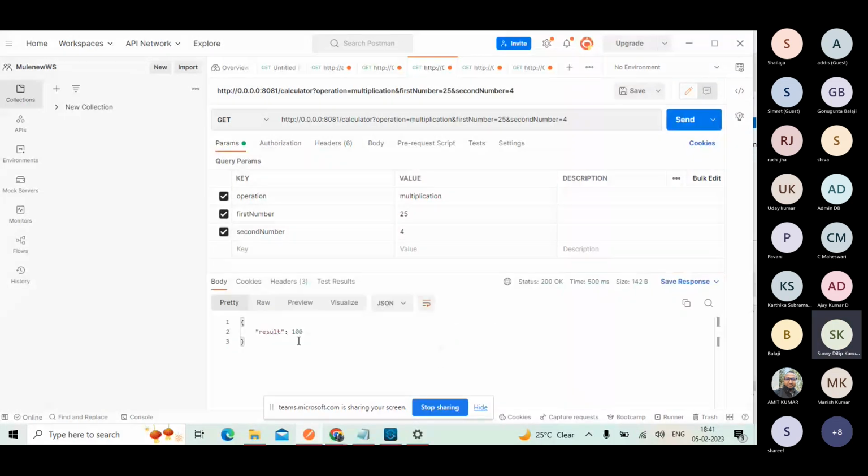Yeah, so the result of 25 and 4 gives you 100. Make this 24. And now the result is 4. Subtraction of